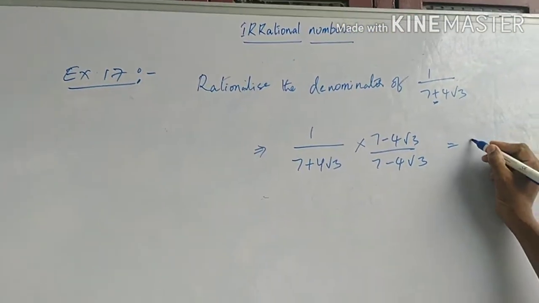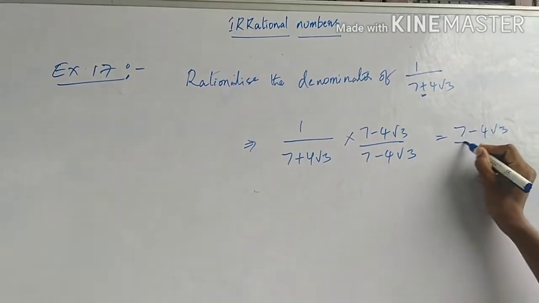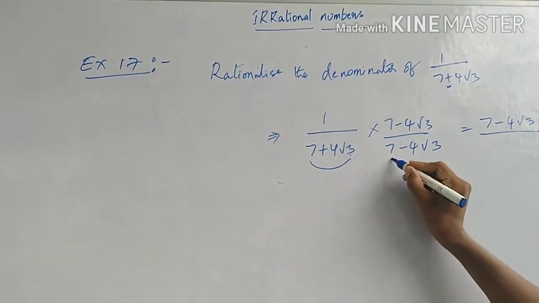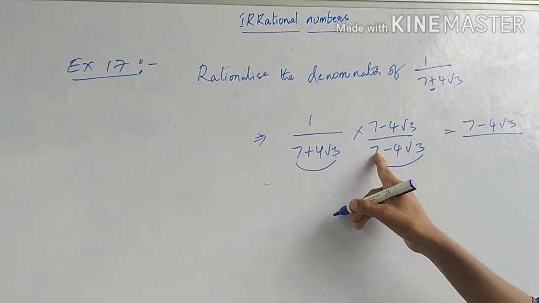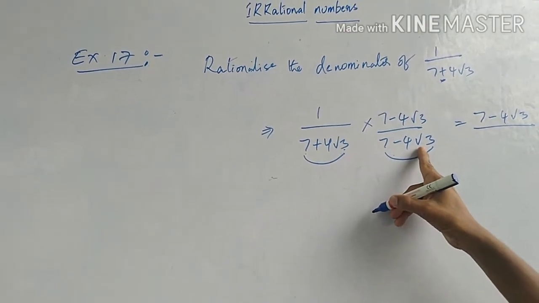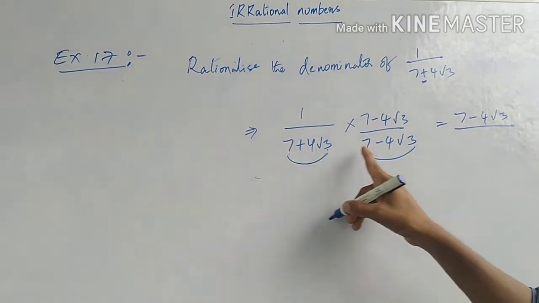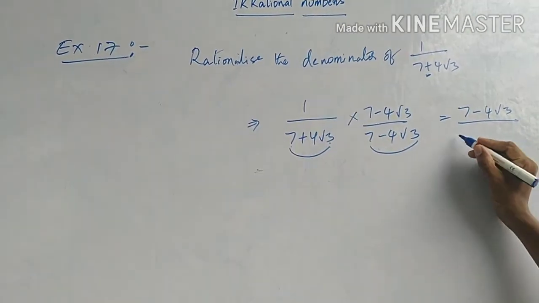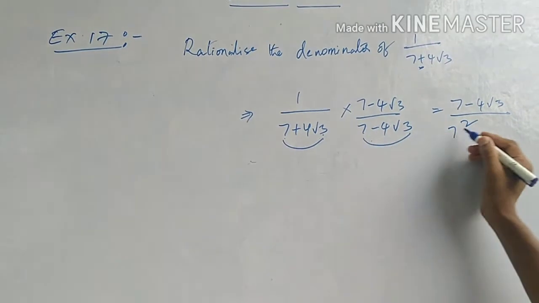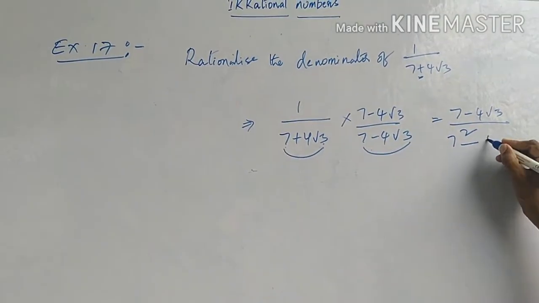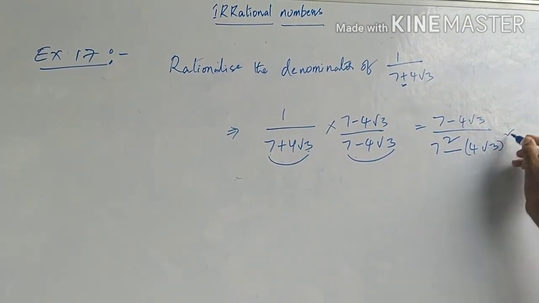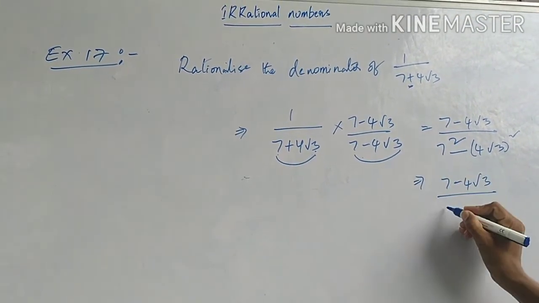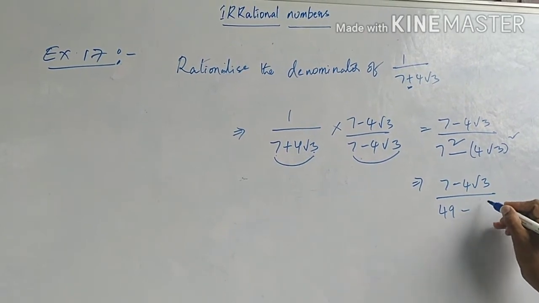1 into 7 minus 4 root 3, over 7 plus 4 root 3 into 7 minus 4 root 3. This is a plus b into a minus b, where a is equal to 7, b is equal to 4 root 3. From algebraic identities, a plus b into a minus b is equal to a square minus b square. Here a square means 7 square, minus b square means 4 root 3 whole square. That is 7 minus 4 root 3 by 7 sevens are 49 minus